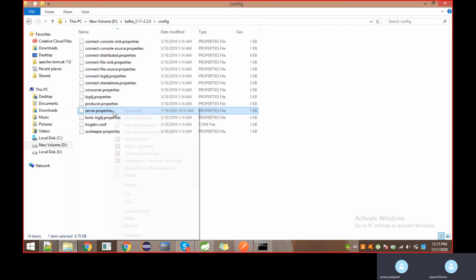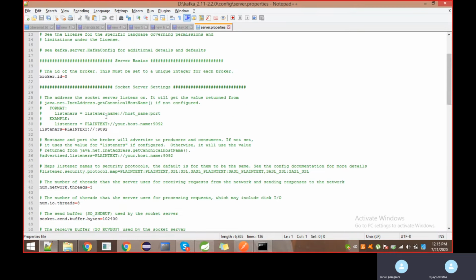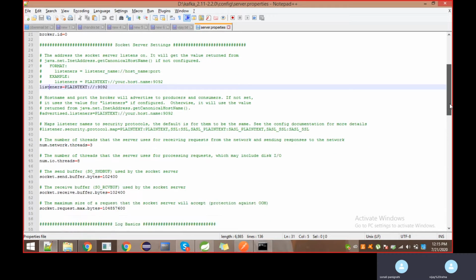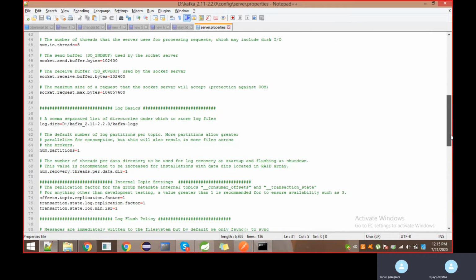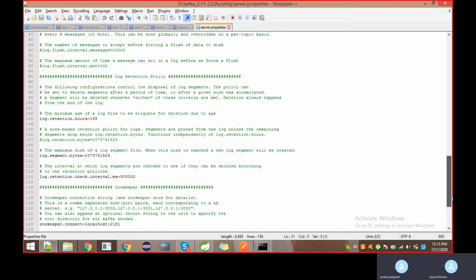If you open it with Notepad++, it shows everything, like on which port number this Kafka is running. Here the listener port is 9092, how many threads it is using, and it also shows the Zookeeper listener port.